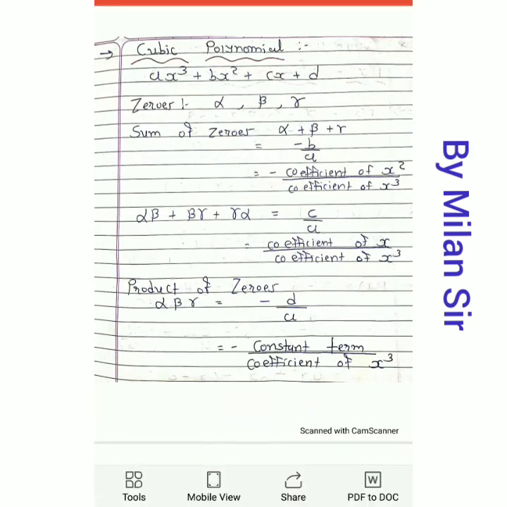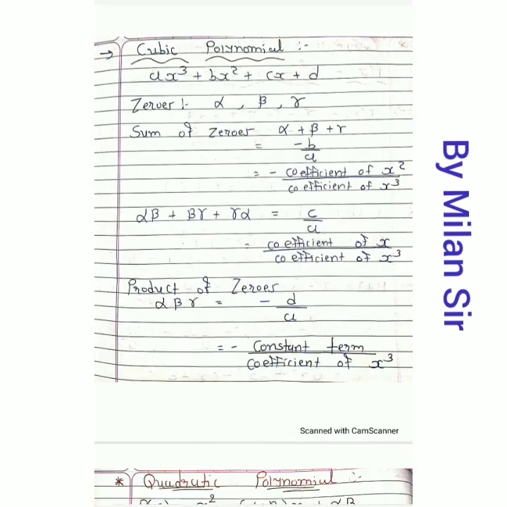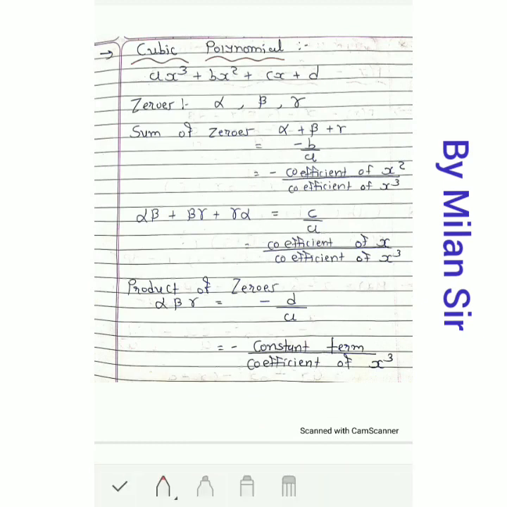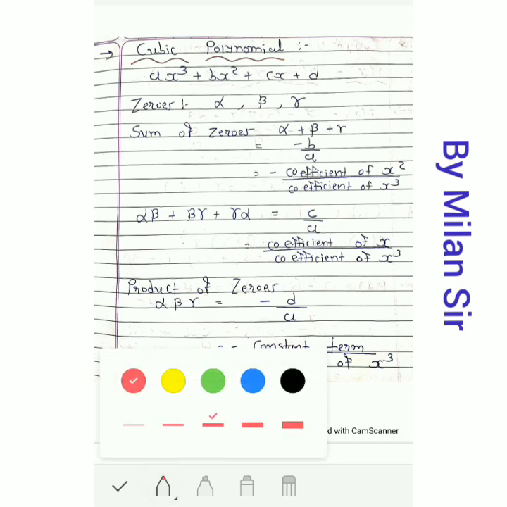Next, it is for cubic polynomial. Now in the textbook it is written that cubic polynomial is not for the examination point of view. So in the exam, a cubic polynomial cannot be asked, but if the examiner does ask a question about cubic polynomial, for that we learn about these things. But in the textbook a notice is given that cubic polynomial is not for the examination point of view. Okay, but even then we understand this.